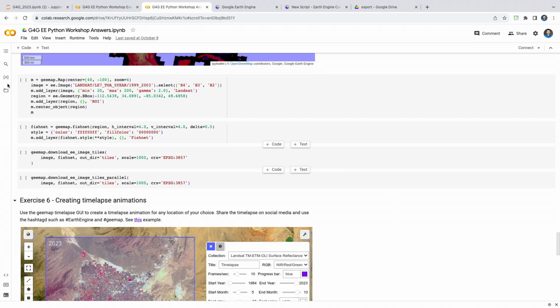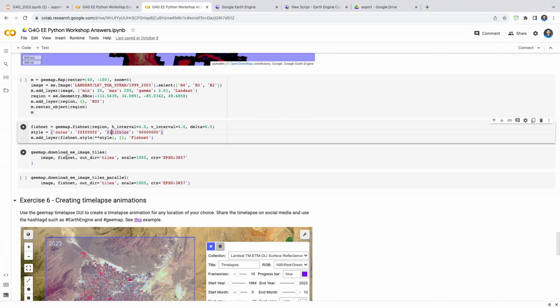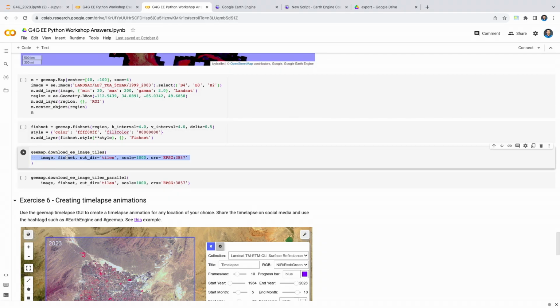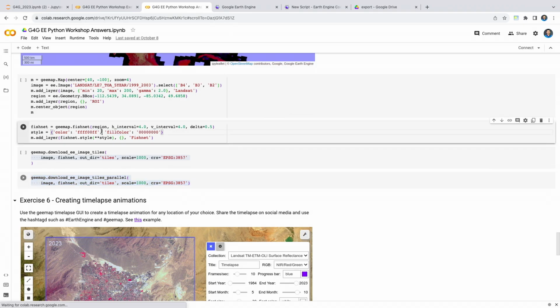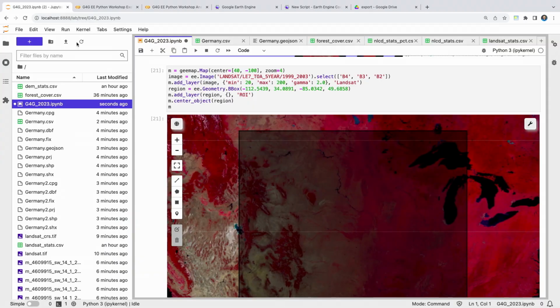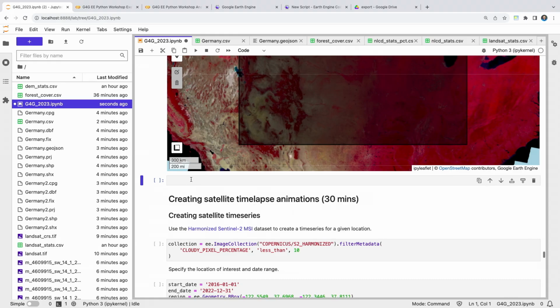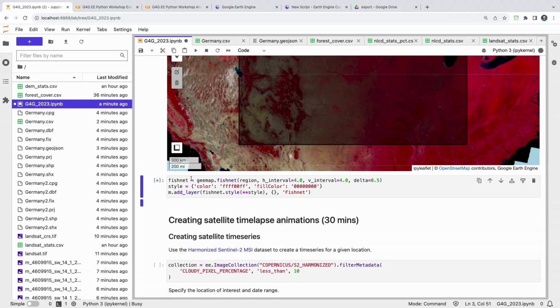So I'm going to create a fishnet, and then I'm going to download the image in each fishnet cell. And you can download all image tiles using the periodic downloading. So let me show you here, Control-C, Control-V. There are two ways you can download. So this one can download more than just